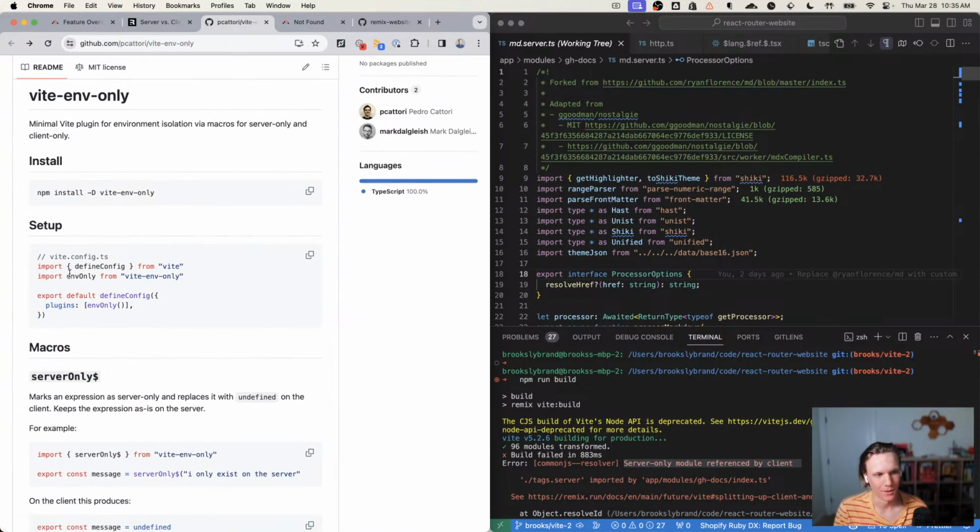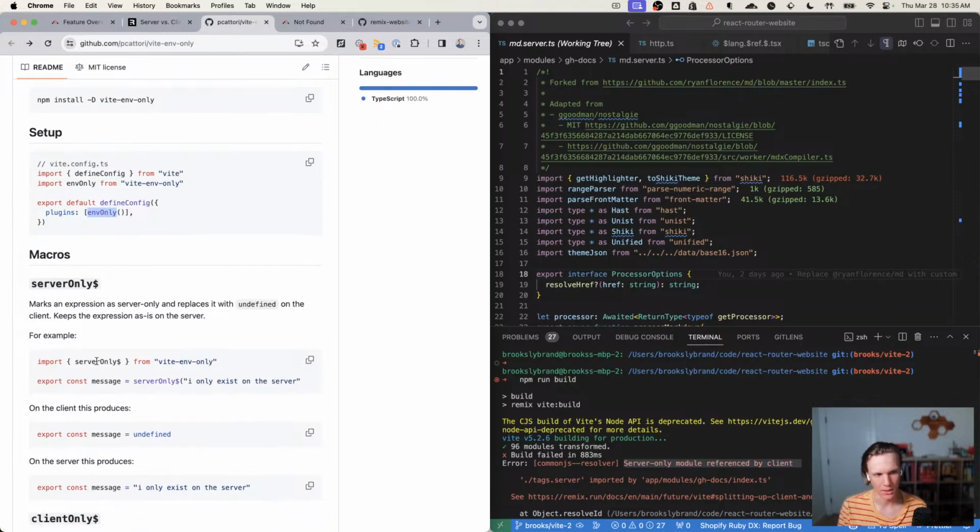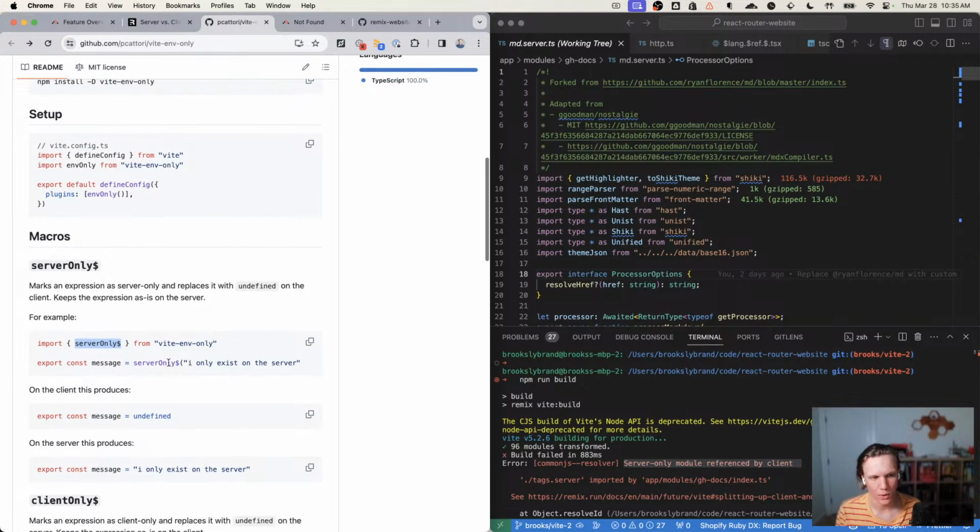So basically, you set it up, you add it as a plugin, env only, and then you pull this server only $ sign, the reverse of jQuery, I guess, and you wrap whatever you want with server only. So basically, this is saying if you have an export in some sort of client module, but it's really only a server only thing, you can wrap it in this. Why would you want to do this? The main motivation is